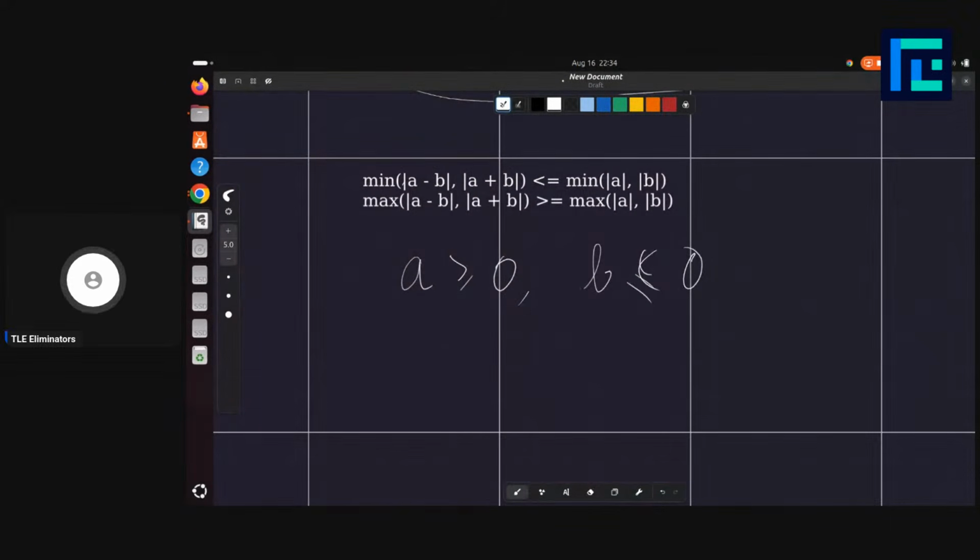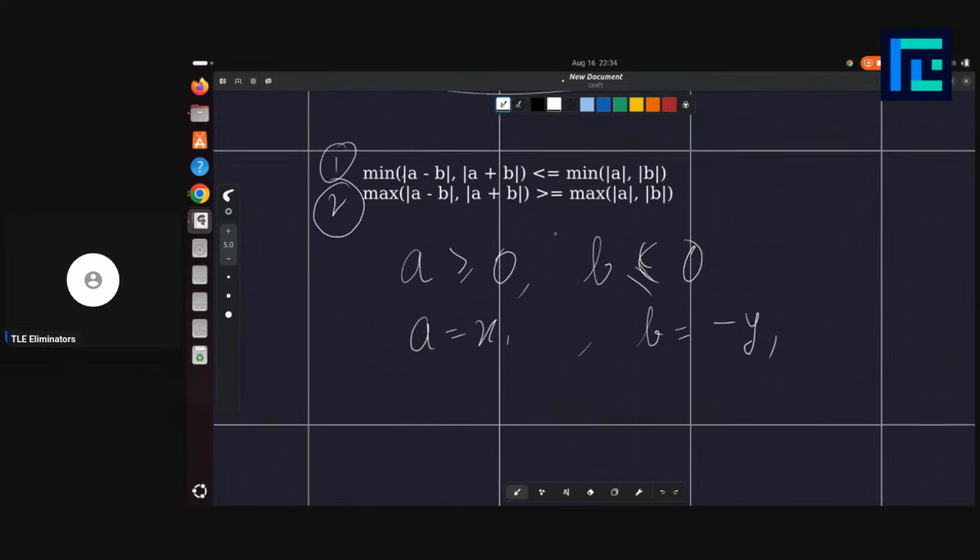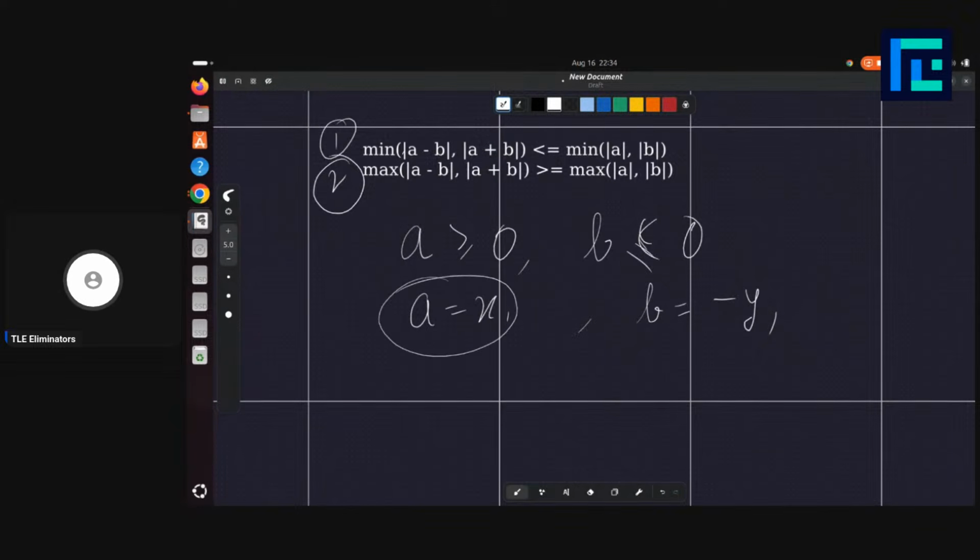So let's assume that A is equal to x1 and, since B is less than or equal to 0, B is equal to minus y1. I'll replace these values into these inequalities. Let's take the first inequality first and the second we'll take later. So first inequality is this one. I'll replace A with x1 and B with minus y1. So we get